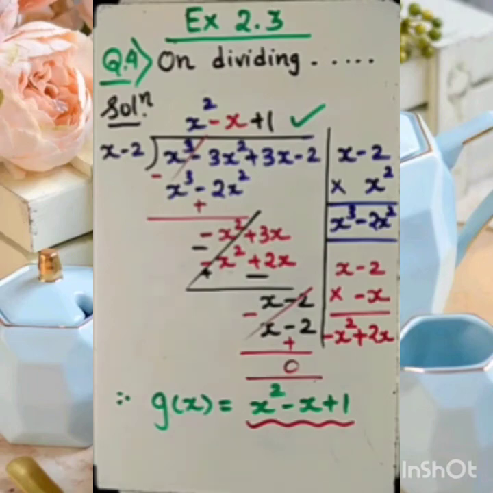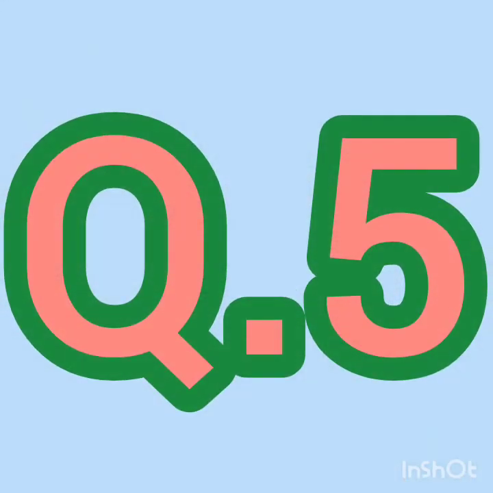So my dear student, now for question 5, I am reading it for you: give examples of polynomials p(x), g(x), q(x) and r(x) which satisfy the division algorithm. Here, for the different conditions, there are many examples of polynomials. You can take them by your own and divide, and if it is divisible, then the value of r(x) will be according to that. This answer varies from person to person, so I would like you to do this on your own.